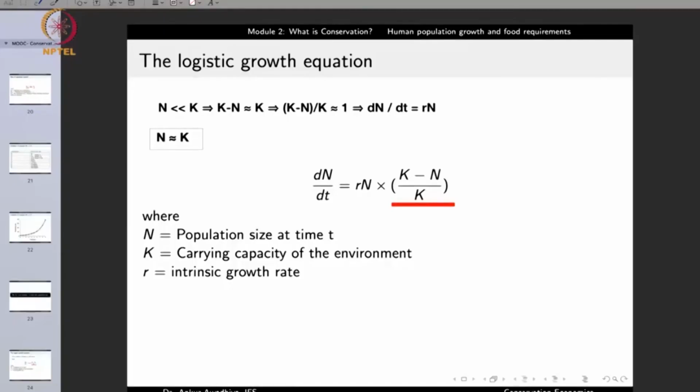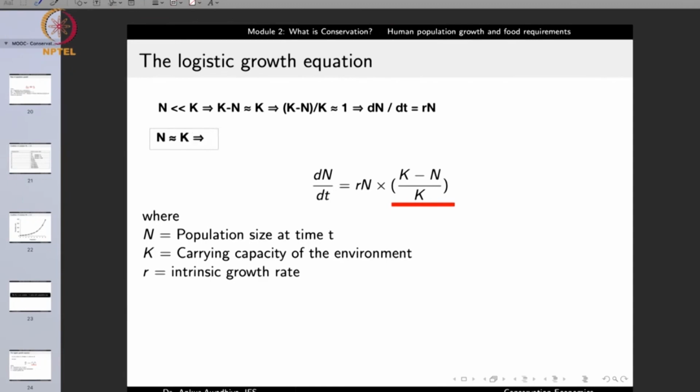What we are saying here is that the number of mice is not just 2, but say it has reached to around 9,500 or say 9,900. Now the carrying capacity is 10,000 and the mice population is 9,900. So the environment is roughly just able to support this mice population. And when it crosses 10,000, then some of the mice would have to die. So in this case, when n is approximately equal to k,